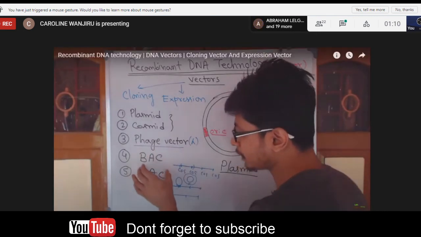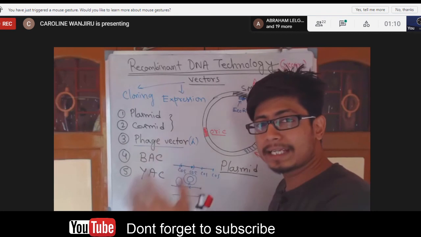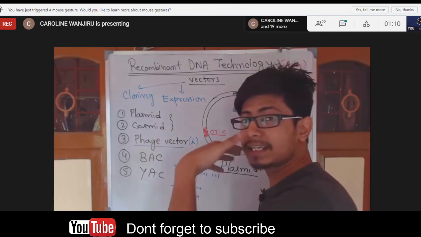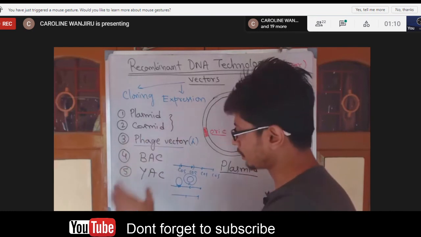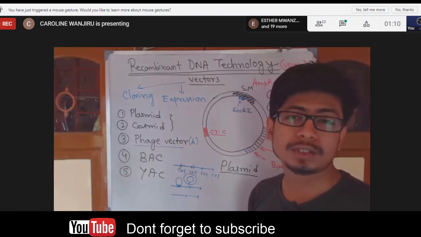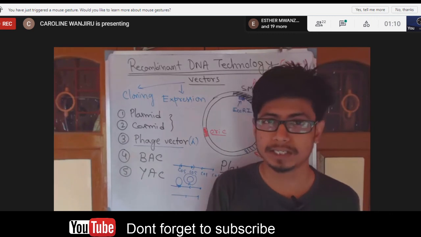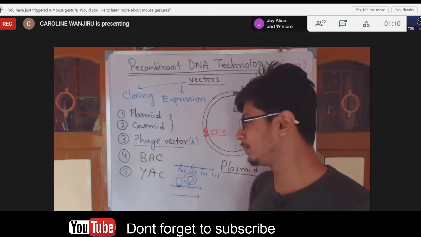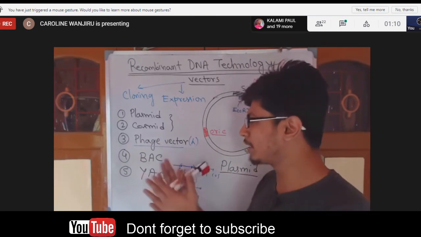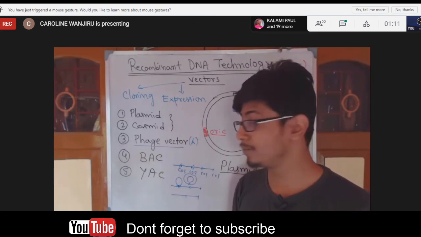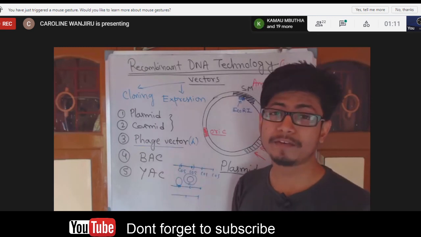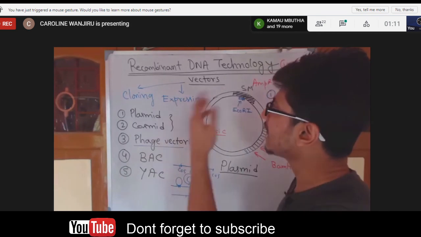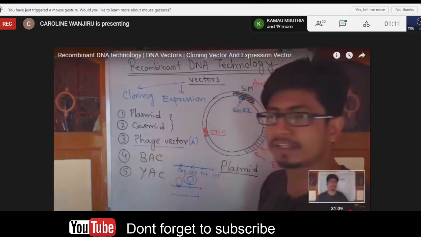Another extra advantage of yeast artificial chromosome is that it can carry the large eukaryotic segment, and it can also express it directly in a eukaryotic cell, because yeast is also a eukaryotic cell. So it can easily do that in the eukaryotic system, right? So we do eukaryotic gene cloning, large gene cloning, with yeast artificial chromosomes, as well as with bacterial artificial chromosomes. Both of them play a very vital role in all these purposes. So that, in a sense, is the different types of cloning vectors that we use.